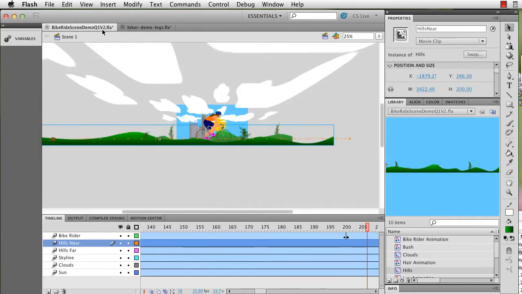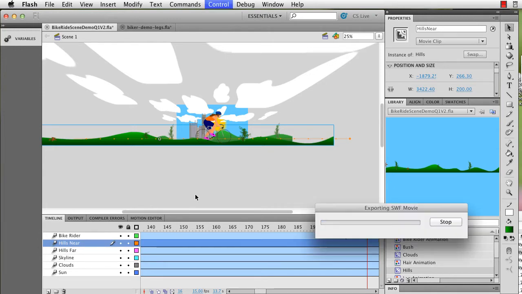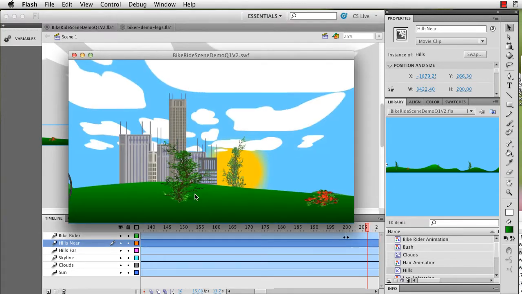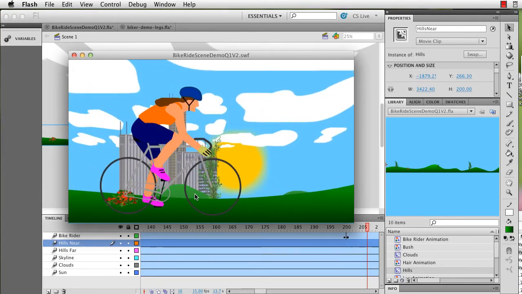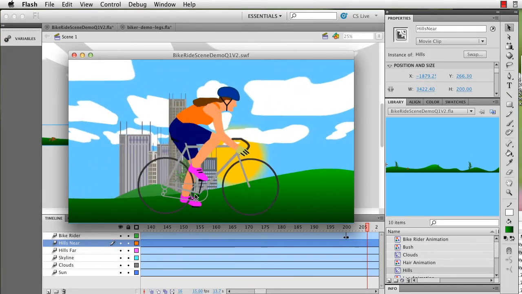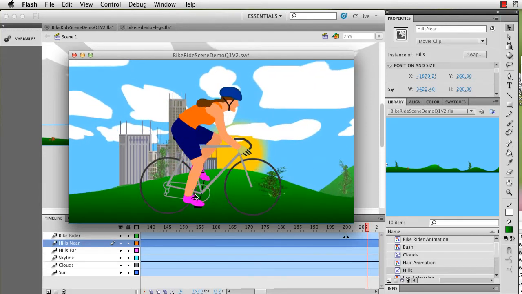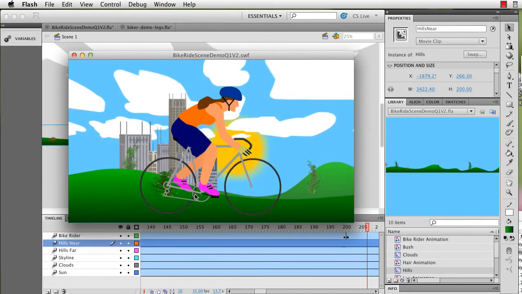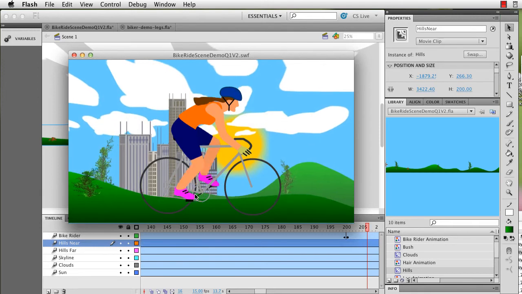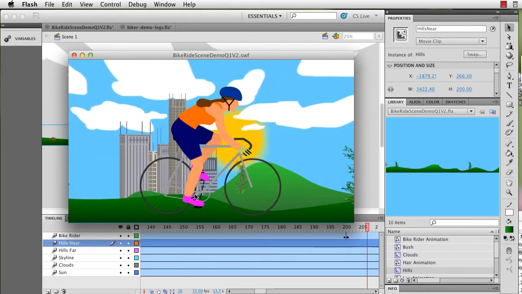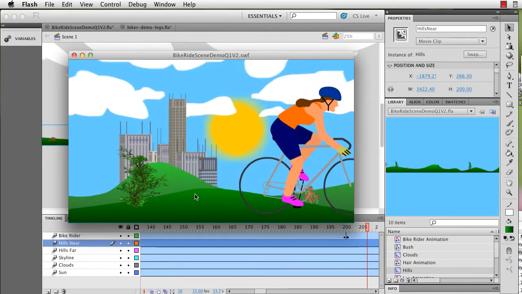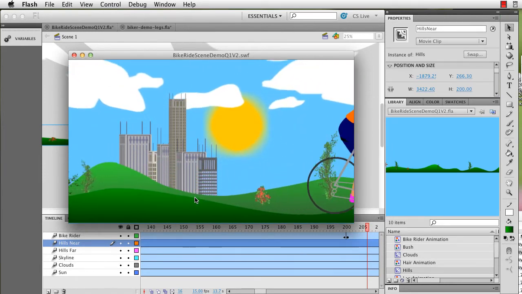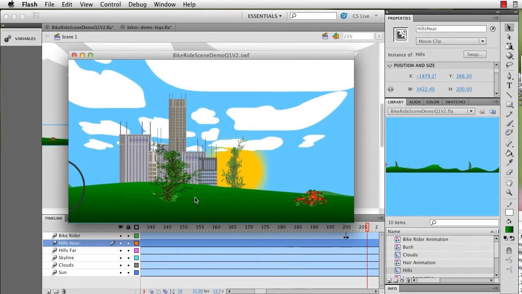I'm going to give you a quick preview. This is what the scene looks like. If I play this, we have a landscape scene that we drive through, and the bike rider comes into view, stays in place for a little while, and then after a few moments the bike rider speeds up and drives outside of the frame again. And we have a couple of things going on in this animation,